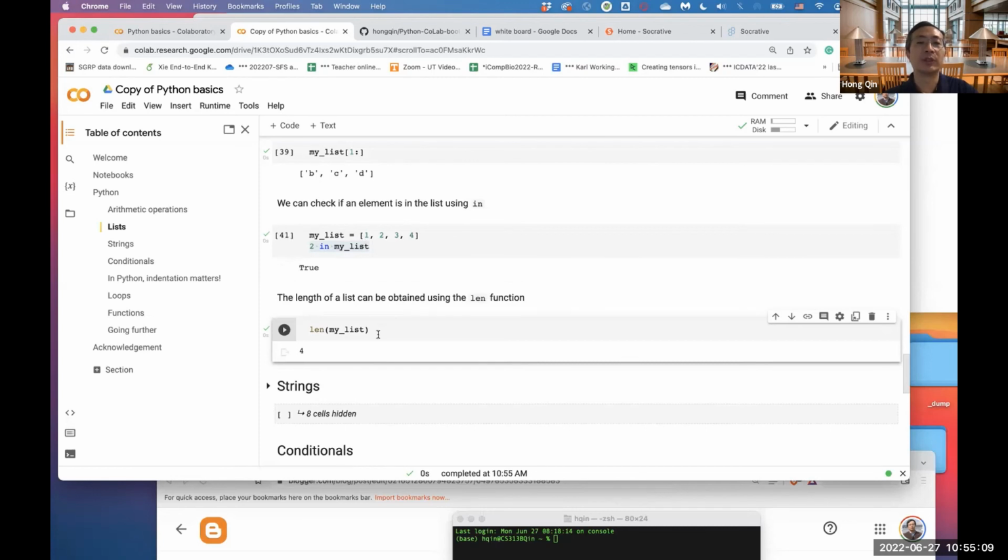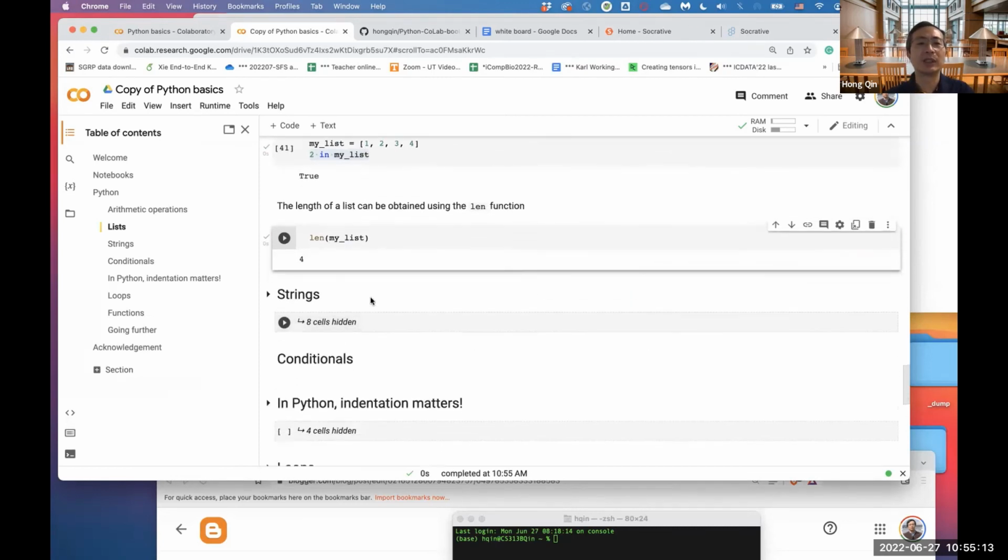Well, 1, 2, 3, 4. There are 4 numbers there. So this is actually kind of a neat feature, and it is popular in many other languages as well. So